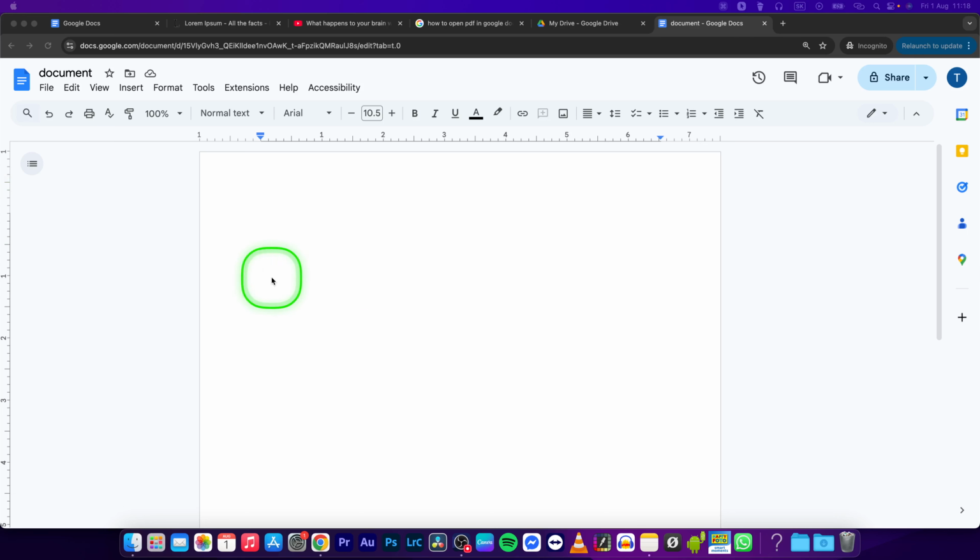Hey guys, my name is Elijah, and in this tutorial I will show you how to overlay images in Google